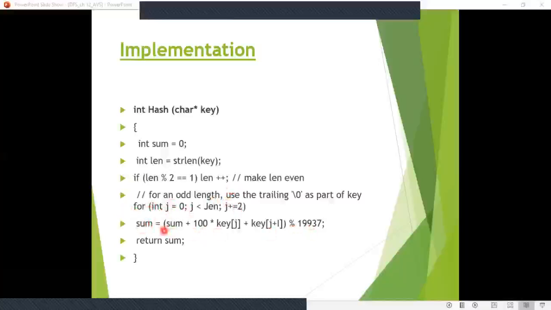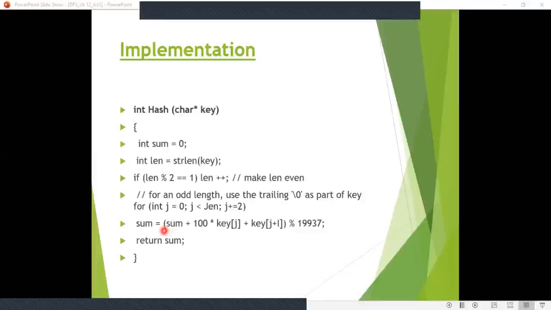Why this division? Because while taking the sum of folded character values modulo 19,937, it is just to make sure that the character summation stays within the range of a signed 16-bit integer. Earlier it was a 16-bit integer computer.